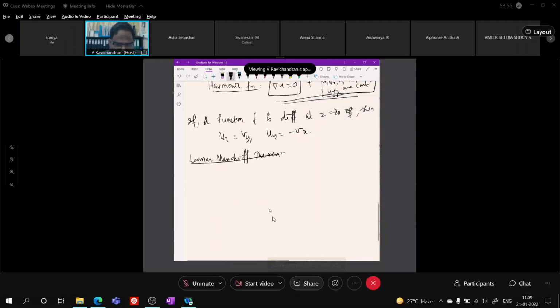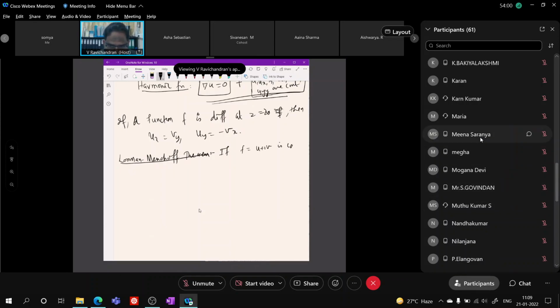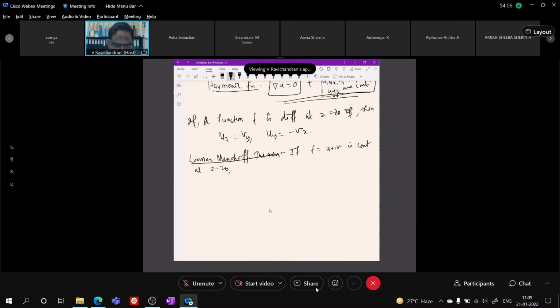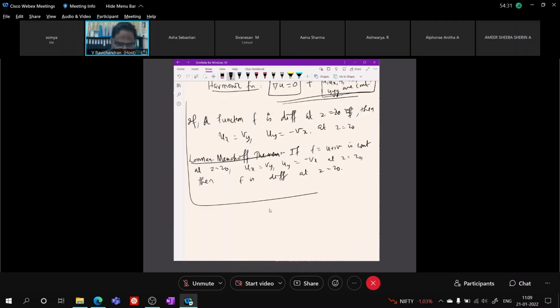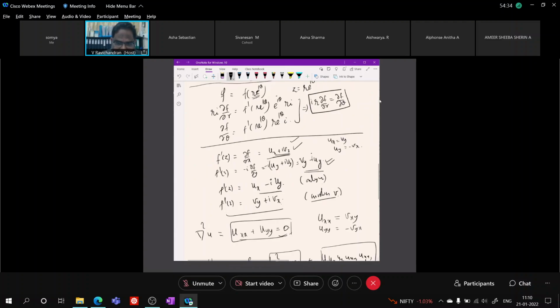So if f equal to u plus iv is just a continuous function, continuous at say z equal to z naught, and the Cauchy-Riemann equation should also be satisfied at z equal to z naught only. You don't need it at any other point. So f is continuous at this point, and ux equal to vy and uy equal to minus vx at z equal to z naught. Then f is differentiable at z equal to z naught. So the criterion involving the Cauchy-Riemann equation is the condition for